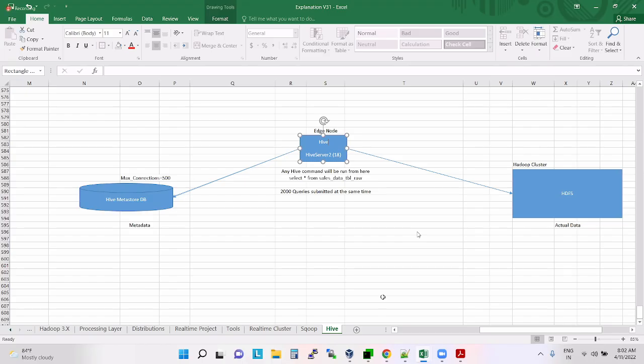So if 2000 queries are submitted parallelly, it means 2000 connections should be made to the Hive backend DB. But how many maximum connections will it allow? 500. But what about the remaining 1500? They need to wait, so they'll be in a waiting state. If the waiting time gets longer and longer, those queries will be cancelled automatically. Correct or not? So don't you think that accessing metadata every time from this RDBMS will take